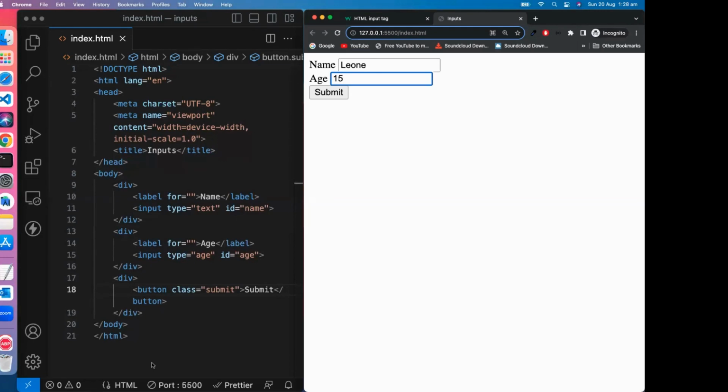Because it's in the name, inputs. So someone types in something, you want the information to do something, okay? So let's say